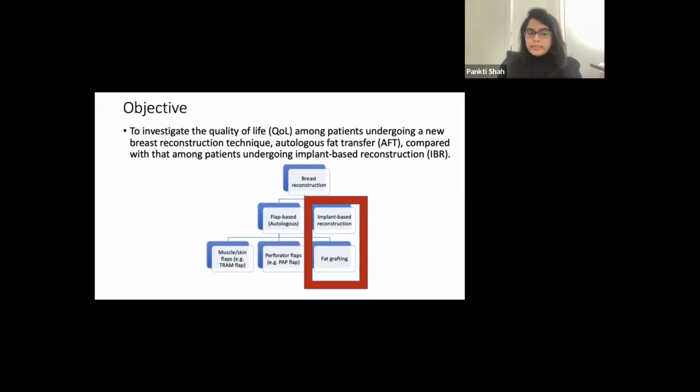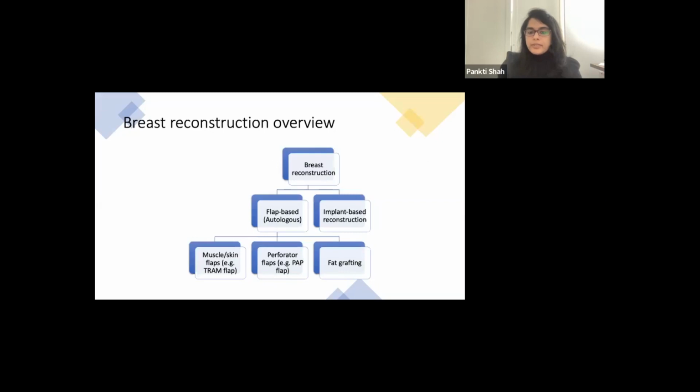So now let's talk a little bit about breast reconstruction. Mastectomy is performed as a treatment of breast cancer. We all know that. When breast tissue is removed, it can be replaced with either implants or the patient's own body tissue. Thus, breast reconstruction is divided into two main categories: one, implant-based reconstruction, and another, flap-based reconstruction. It is also called autologous breast reconstruction. So when we use a patient's own body tissue, we call that autologous breast reconstruction.